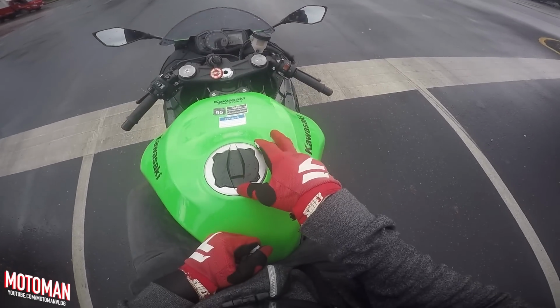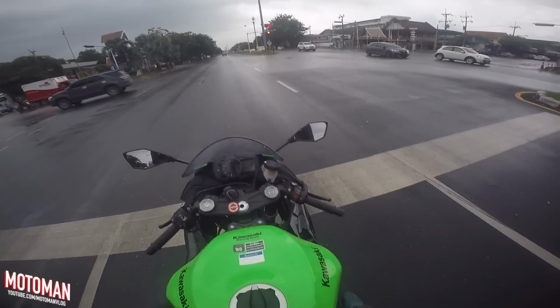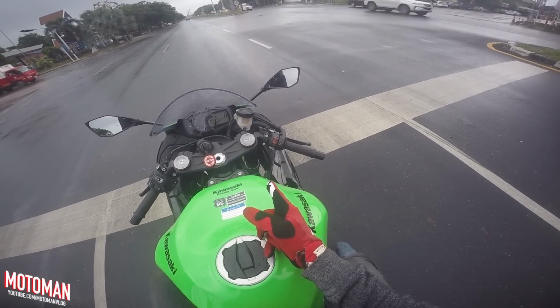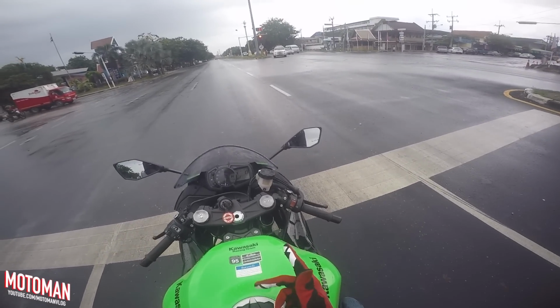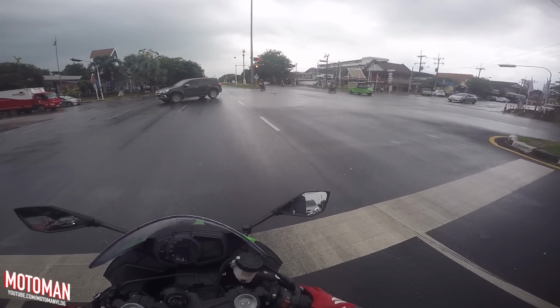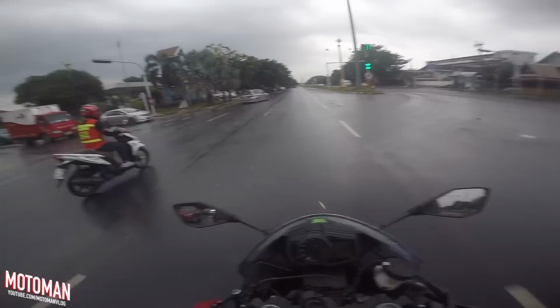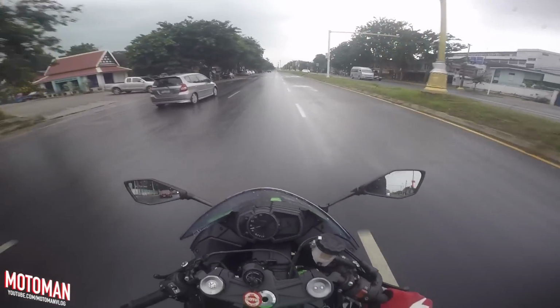I did see a promotion for this bike as of September 2019 where you get a free Öhlins steering dampener and about 23k off if you buy it. So 430-ish, 440, and with an Öhlins steering dampener, which is a pretty sweet deal if you ask me. Is it worth it? I really do think it is worth it. I think this bike,